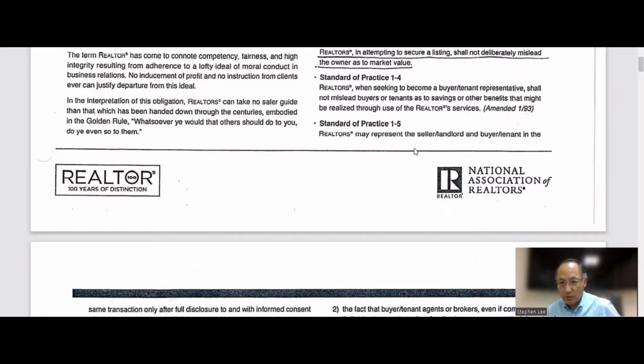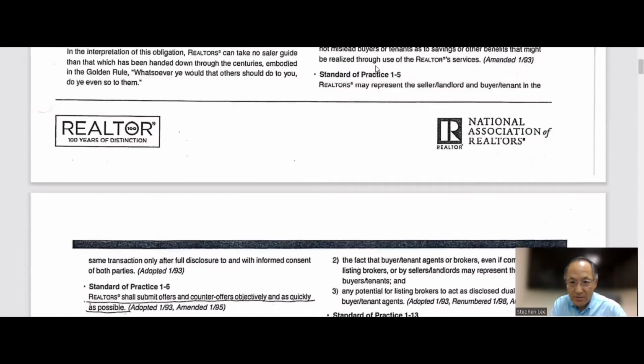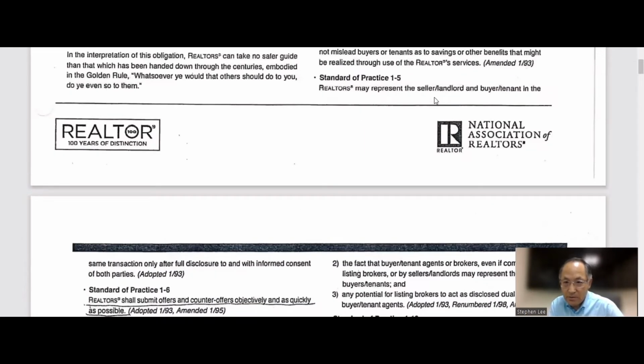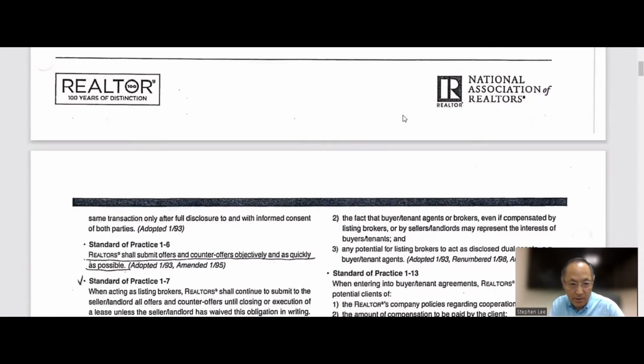Well, you can truly state the savings and other benefits if you don't mislead buyers. That means you should not exaggerate the benefit of using you or the savings. So the problem is misleading the client and prospect. That's an issue. Okay, 1-5, what it says: realtors may represent the seller or landlord and buyer or tenants in the